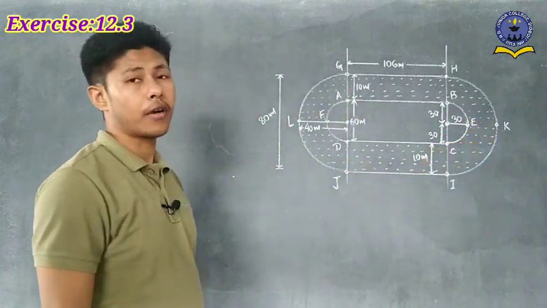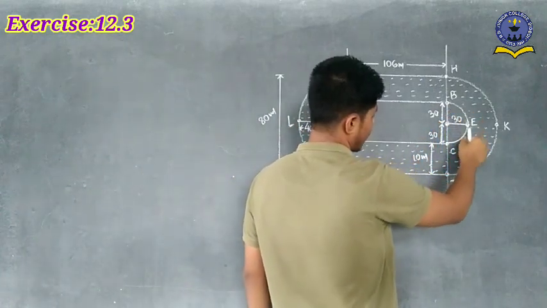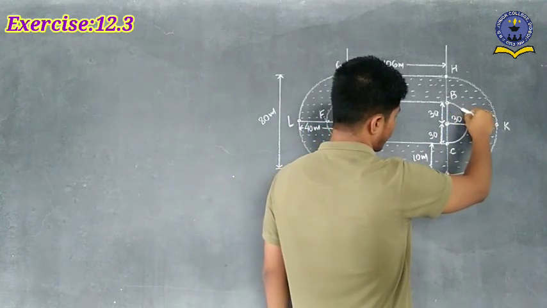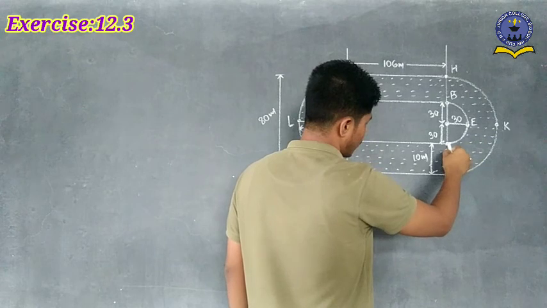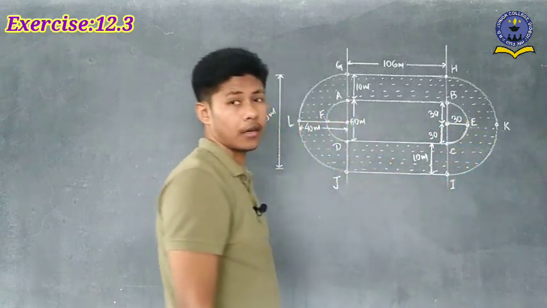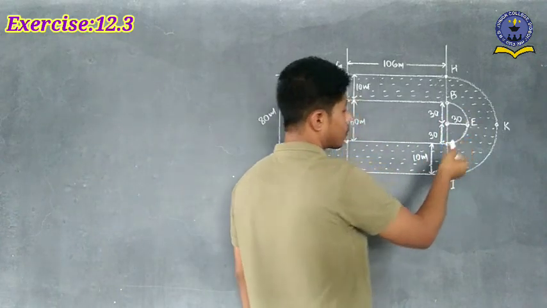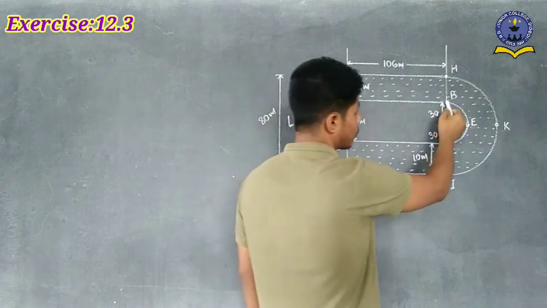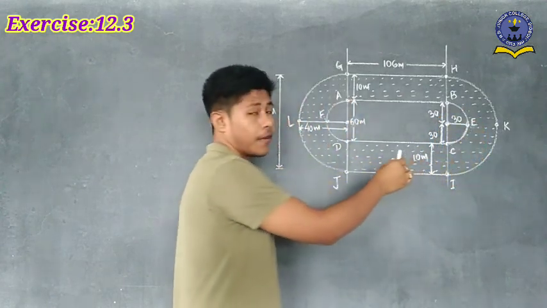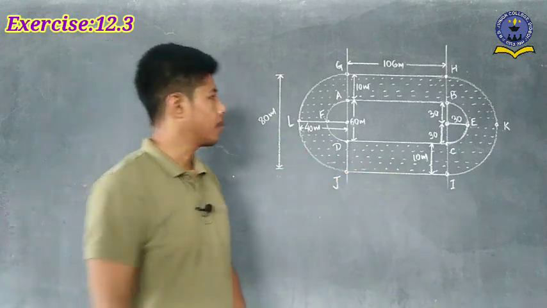So what is this one actually? This one is an arc, and this arc is mentioned here as a semicircle. For a semicircle, what do you have to find out? We have to find out the perimeter or circumference, the circumference of the semicircle. Listen carefully. This BEC is an arc. If BEC is an arc, that means this one is the circumference of half of a circle. So we can call it a semicircle.